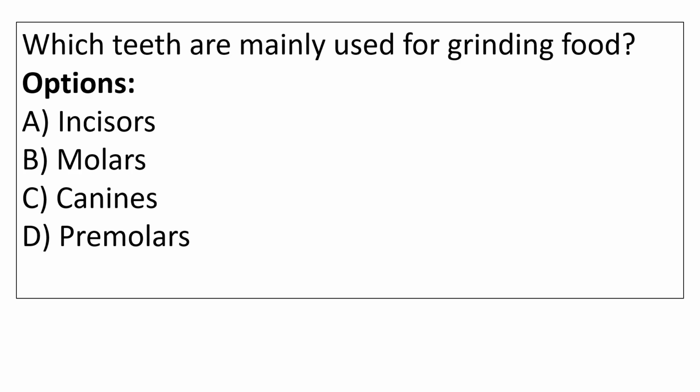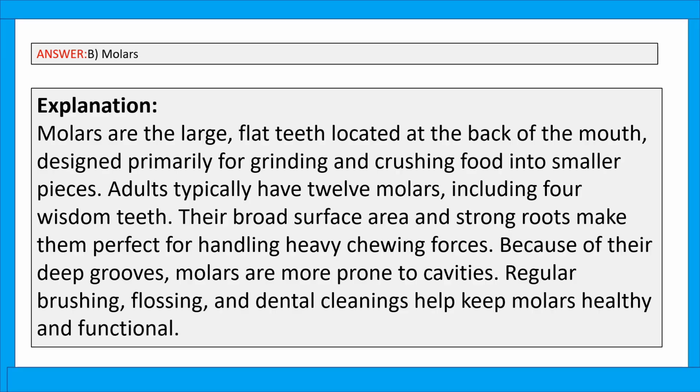Which teeth are mainly used for grinding food? Options: A, incisors. Option B, molars. Option C, canines. Option D, premolars. The right answer is option B, molars. Molars are the large, flat teeth located at the back of the mouth, designed primarily for grinding and crushing food